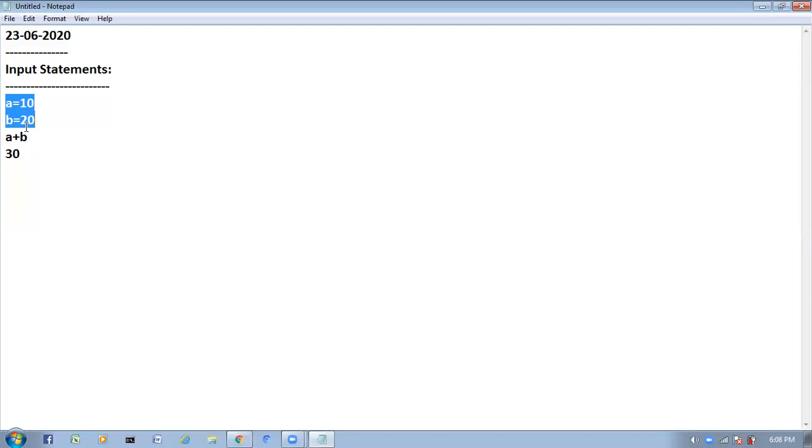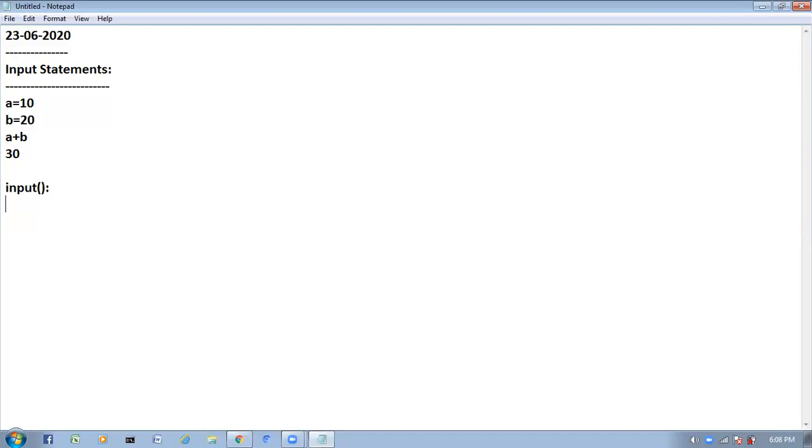For that, what predefined functions are available? In Python 3 we have one inbuilt function, which is the input function. By using this input function, we can read data dynamically from the keyboard.